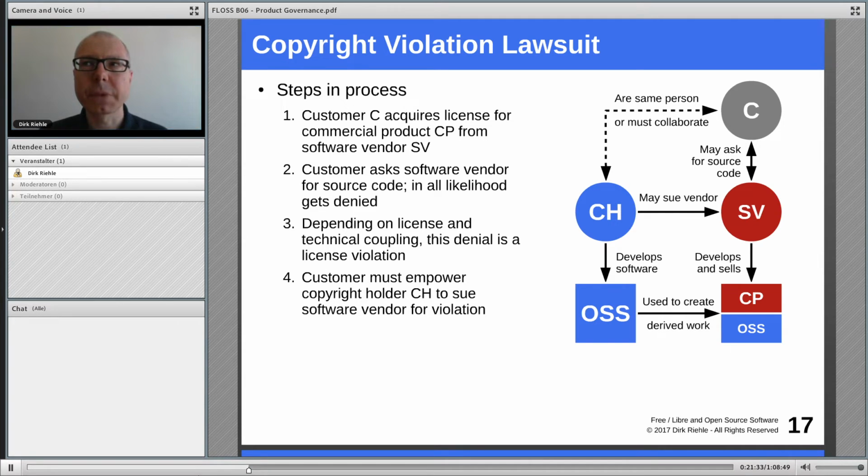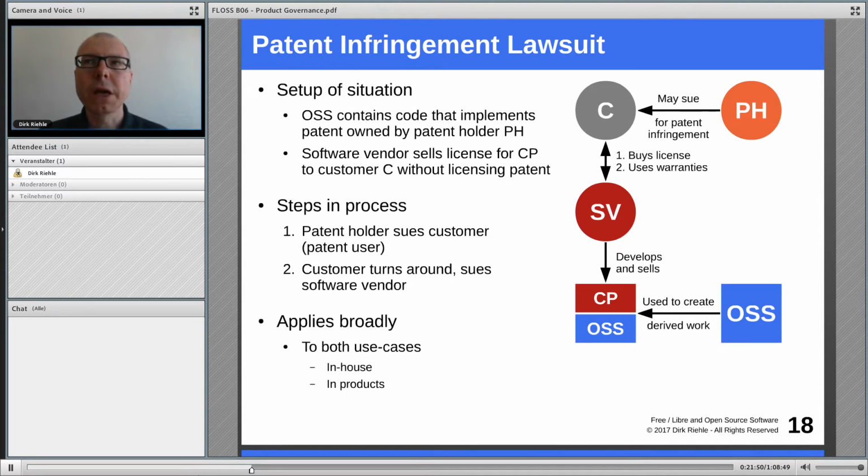So the customer is the one who has the right to ask for the source code. So that's why they need to collaborate with the copyright holder. All right. So the patent situation then is one in which the